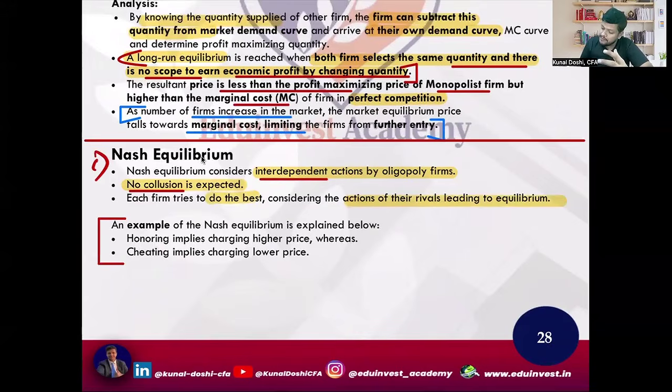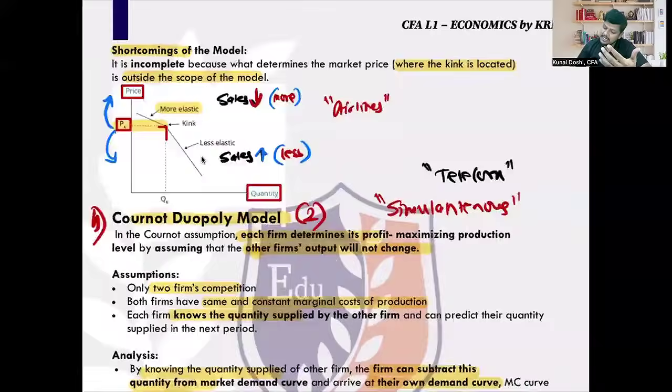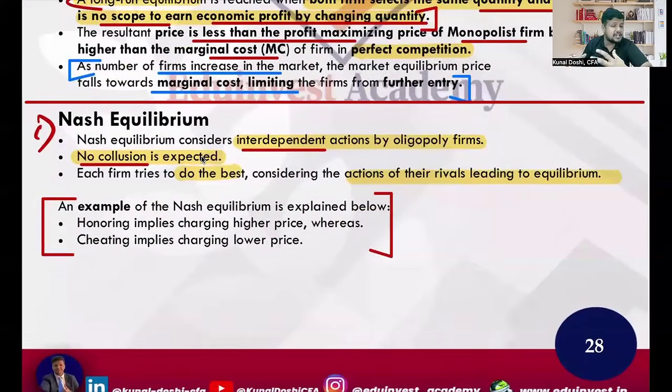Now to explain the Nash equilibrium, there is a situation which they have mentioned called game theory or the prisoner's dilemma. Now, before I discuss the prisoner's dilemma, from the economics point of view, remember, honoring in Nash equilibrium implies charging a higher price. And cheating means charging a lower price so that you get all the demand. All the demand comes on your side. Here, the most common example we are going to see is OPEC. In OPEC, there is a cartel. So if the entire cartel is united, then they will all charge a higher price by cutting down the production, right?